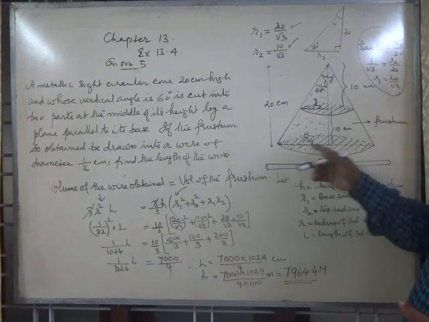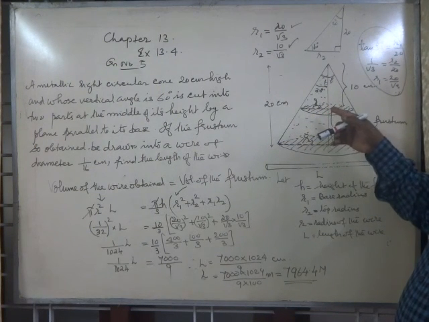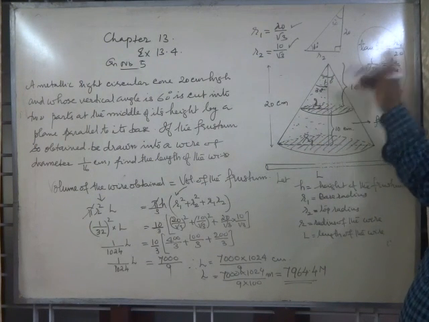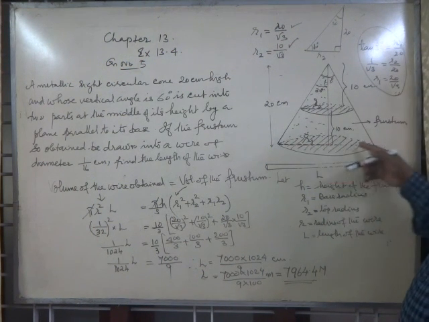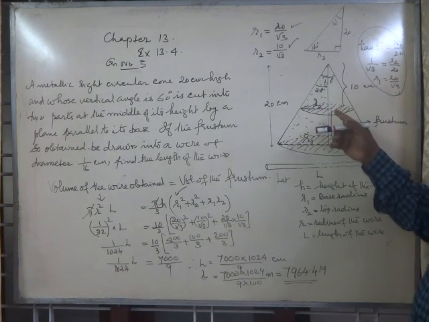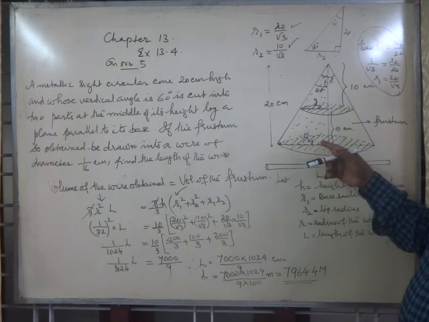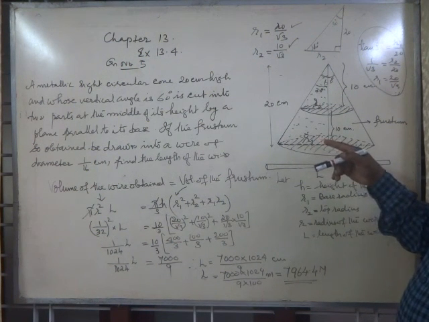Let this be the figure of the right circular cone. It is cut at the middle and this top portion is taken off. The remaining is a frustum. To find its volume, we have to get the base radius and the top radius. How to get it?